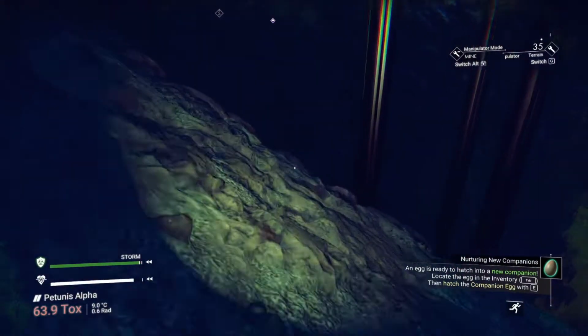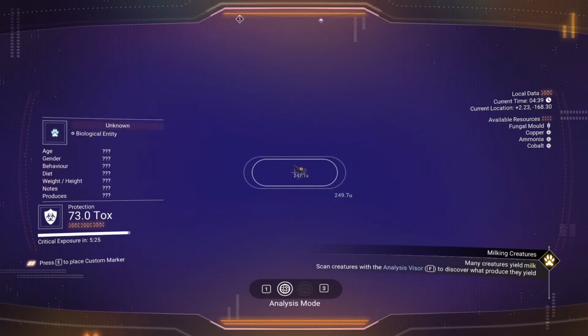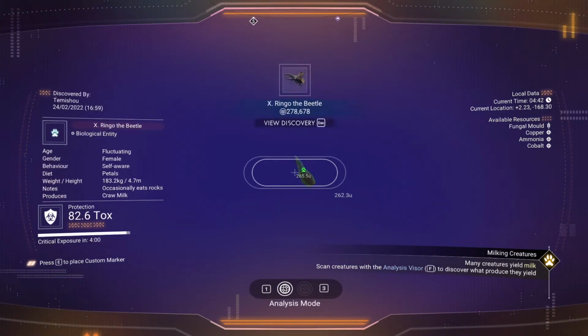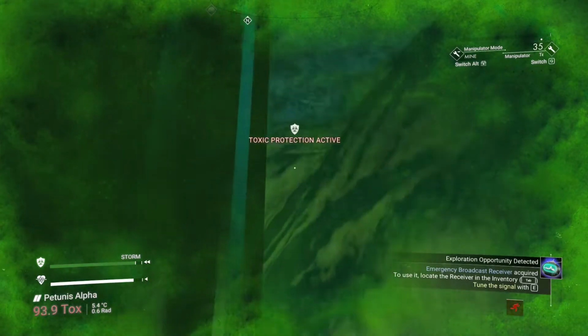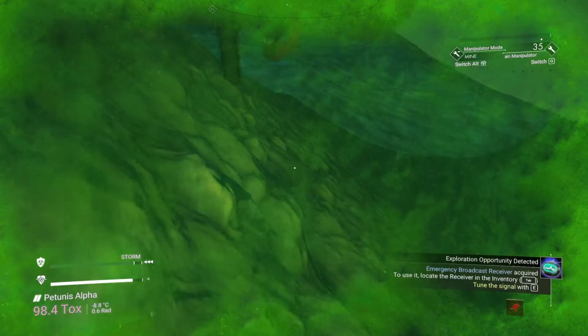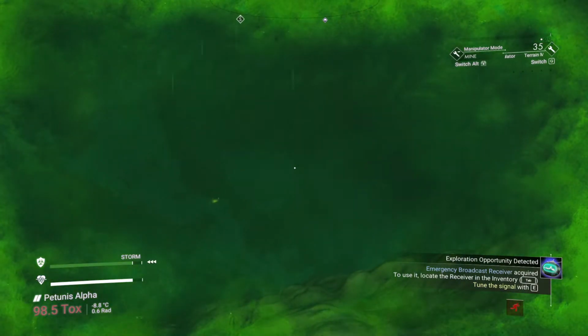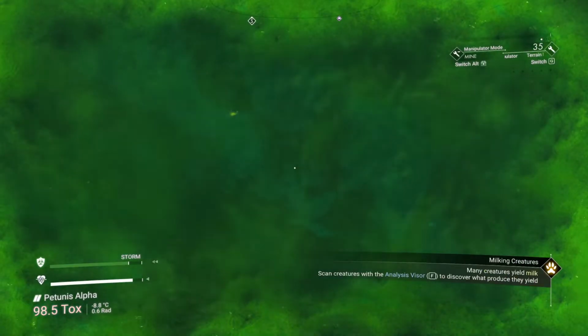There's some creatures. Well, we found the beetle. What we got to do now is see if he will actually land. Yes, why do Hello Games always choose very awkward planets? Creature down there. Let me just...